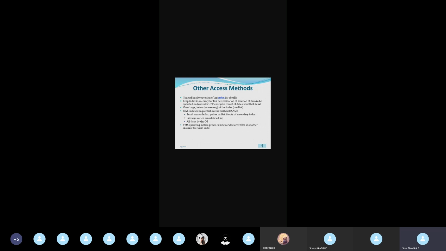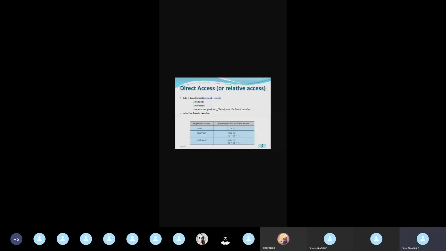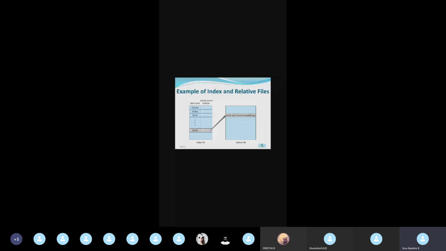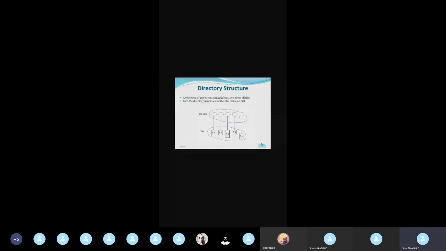Till now we have seen the different methods of accessing files: sequential access, direct access or relative access, and then access using an index of a file. Okay, next we shall see about directory structure. So what do you mean by a file? A file means